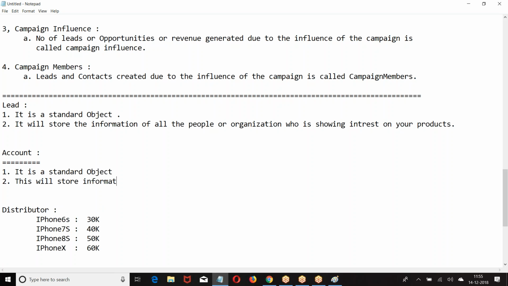Store information about all the users and organization with whom